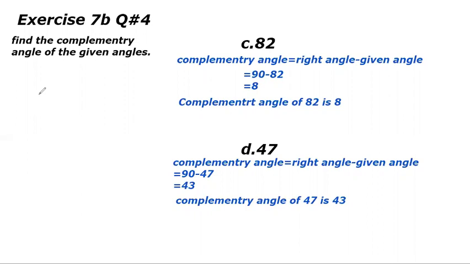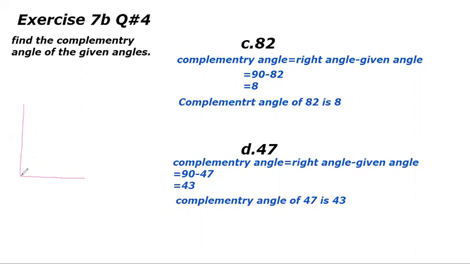First of all, I will tell you the definition of a complementary angle. Two angles are complementary if their sum is 90 degrees. I am repeating, two angles are complementary if their sum is 90 degrees. I will explain here with the help of an example. You can see that this is a 90 degree angle. It is a right angle.